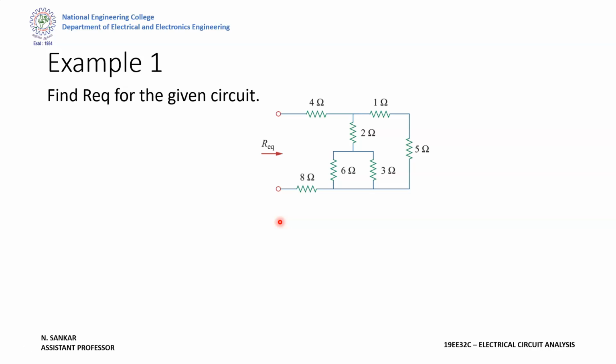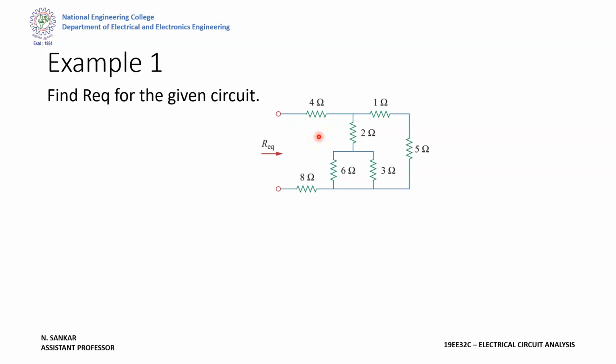Okay. And the main thing you have to take into account is that whenever you are solving any circuit, you have to come from right to left. That is, you have to solve from right to left. If the open circuit is here, you have to solve from the opposite side. If here we have an open circuit and here it was shorted, you have to start from this side. So always keep in mind you have to solve from the opposite of your open circuit. Sometimes it will be an open circuit or sometimes it will have some voltage source. Whatever it may be, you start from the opposite only.